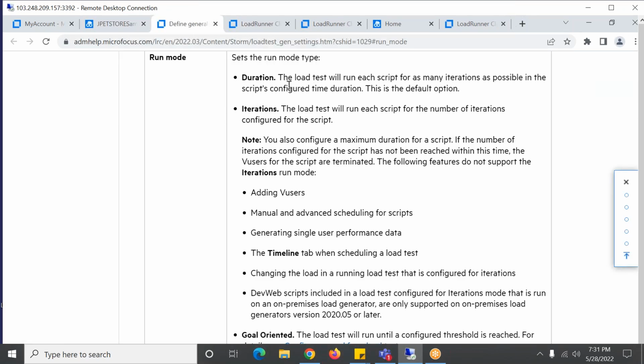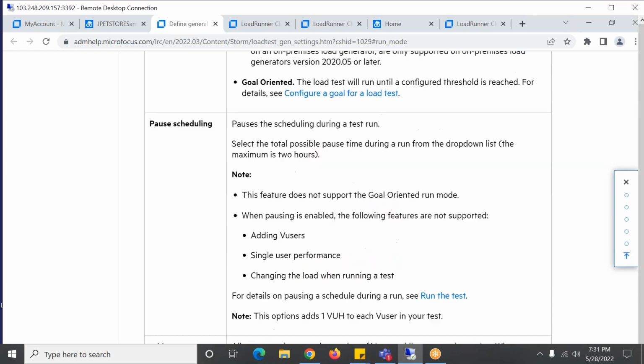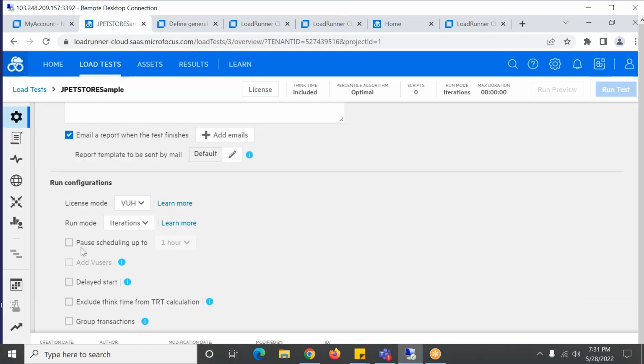See, the load test will run for as many iterations as possible in the time duration. And iterations is where you give the number of iterations configured. And pausing schedule: say there is a scenario where you are running your test for 10 hours and there is a downtime for the application.